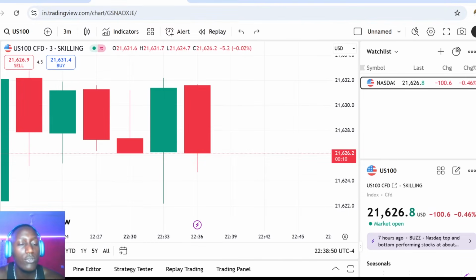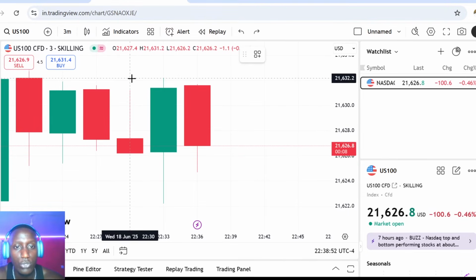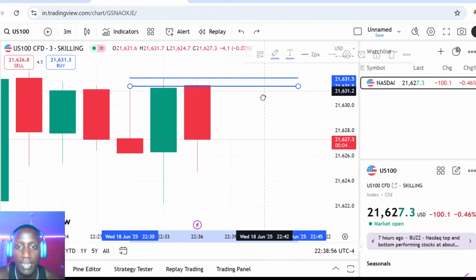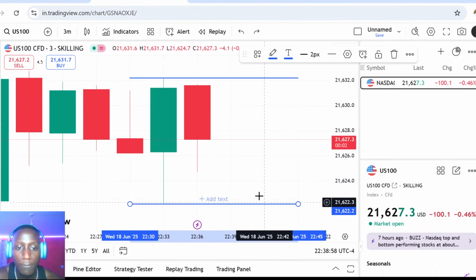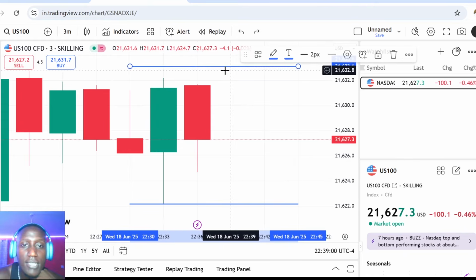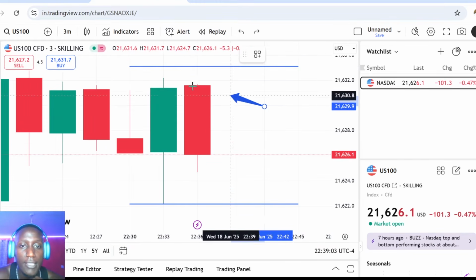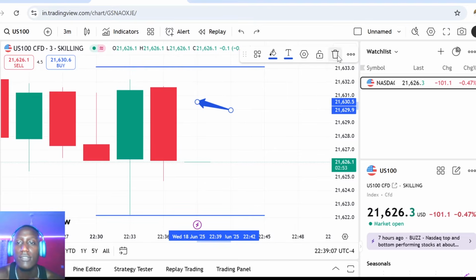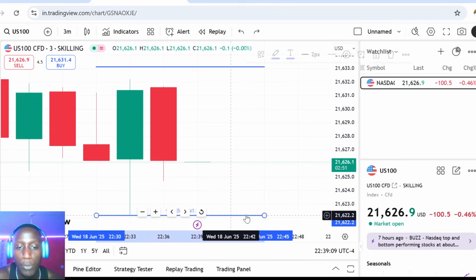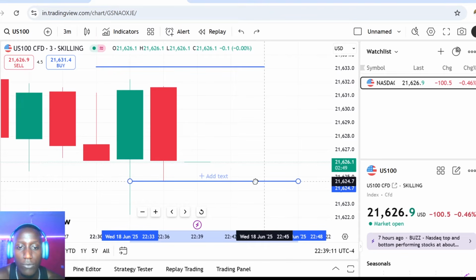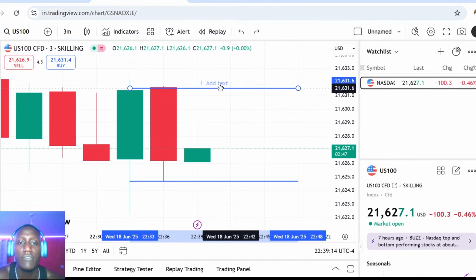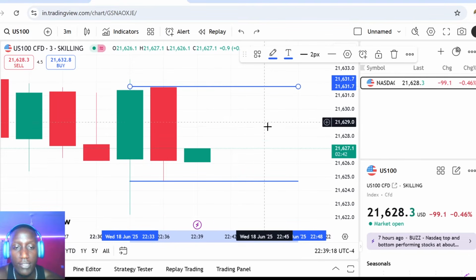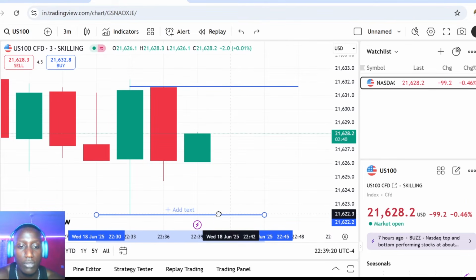And what you want to do is draw a line on top of it and a line below it, like that. So this candle has what we call a high. This is our high. And you can see the candle has closed. Once every candle closes, we move to that candle. We give it a low, we give it a high. You just move your two lines. Now, if we go back to the previous candle,